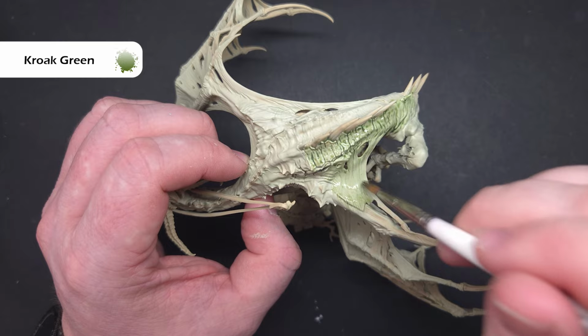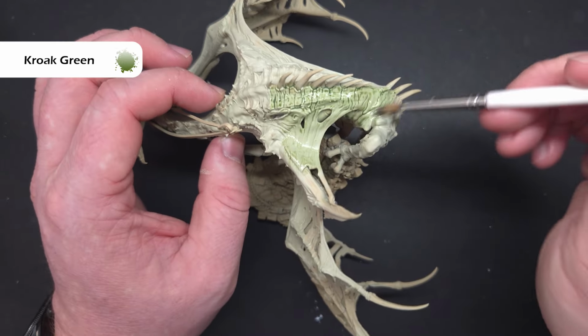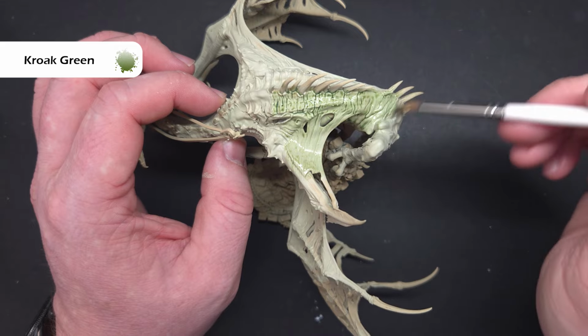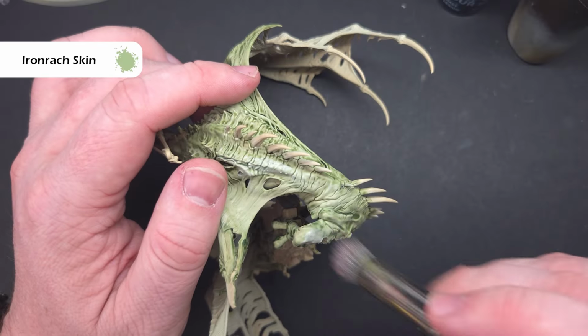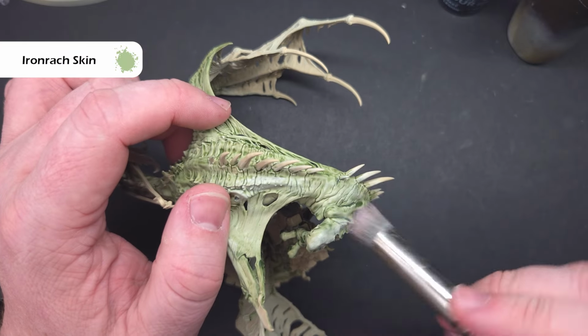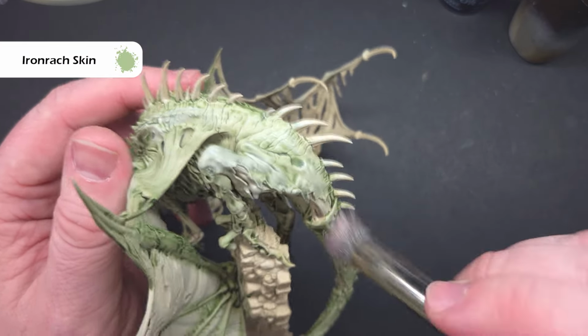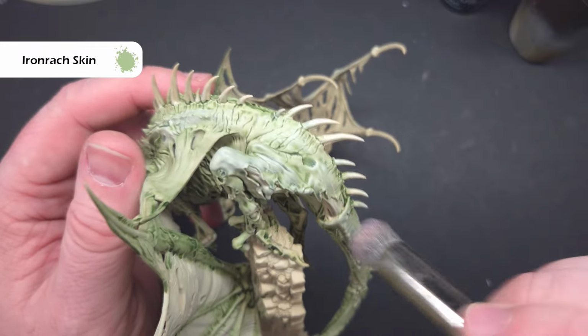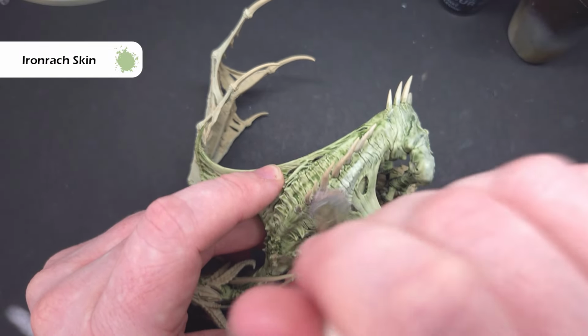We don't want it to settle too heavily in any of the recesses, so if it does, just wick it away before it starts to dry. Like I said, we just want to spread this out really nicely across the model. When that's completely dry, and it's really important that it's completely dry, I'm going to go back in with the Ionrach Skin, again with my very big dry brush. I'm just going to stipple and dry brush across all of those fleshy areas, leaving the Kroak Green in the